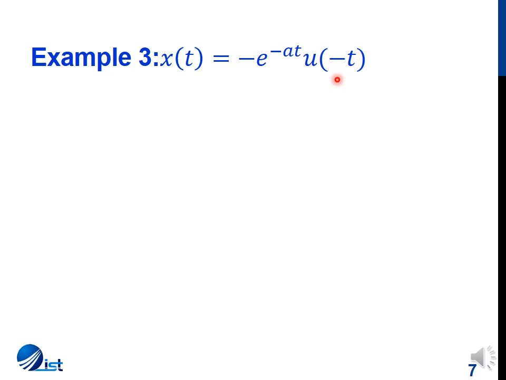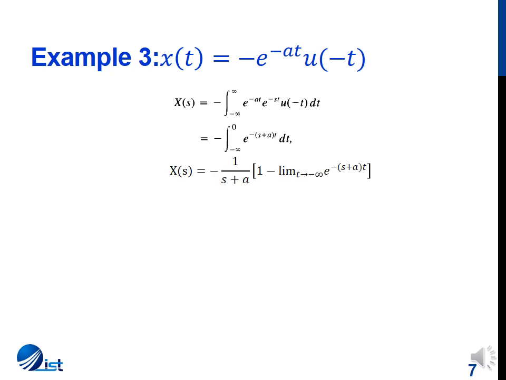Or in other words, this is a left-hand sided signal, where left-hand side means that it is on the left-hand side of the time axis. So once we determine the Laplace transform, we get a function like this, where our time limit starts from t is equal to minus infinity. If we look at this trend